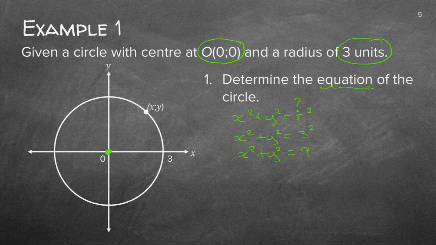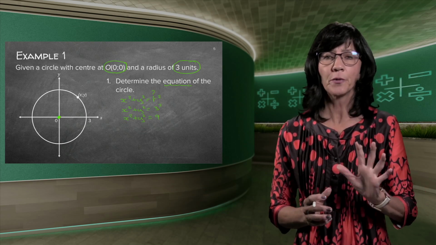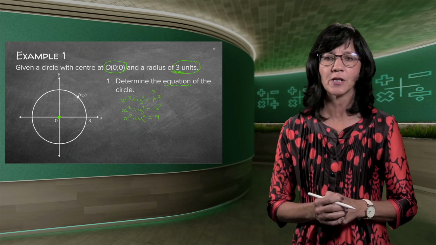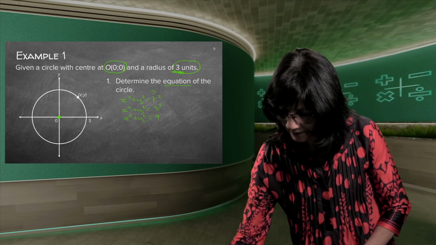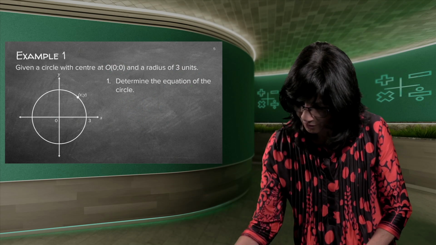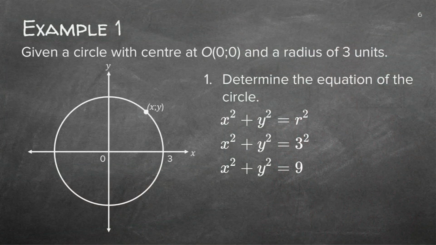If they do ask you what the radius is, you need to square root that 9, which gives you 3, and then you also know what the radius is. But in this case, they gave you the radius, which is just 3. Good. As easy as that. As normally, you must go and redo it on your own. And then if you check on the next page, there is your answer.